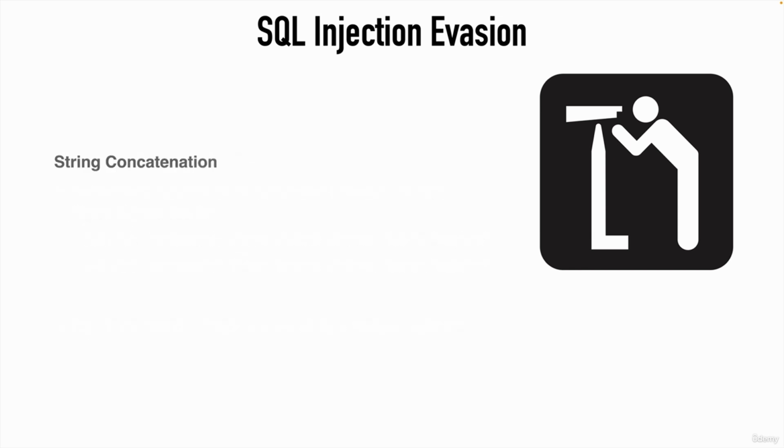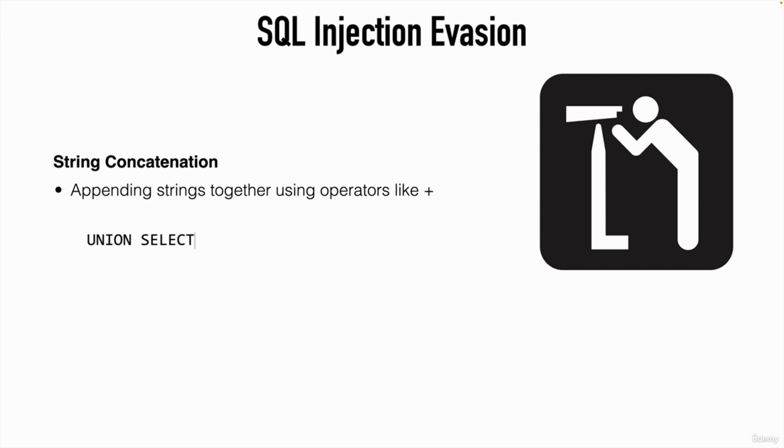String concatenation is the process of appending one string of data to the end of another string of data using a special operator, such as the plus sign. That's a common one that we see, and we see concatenation used in lots of different programming languages. Comparing the original union select, that might be broken down into concatenated strings, as we see here on screen, where